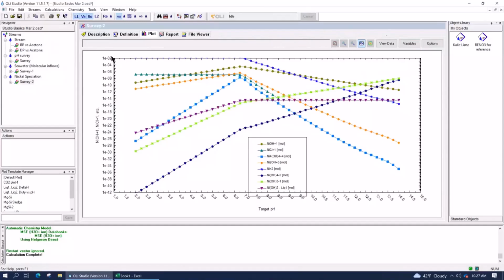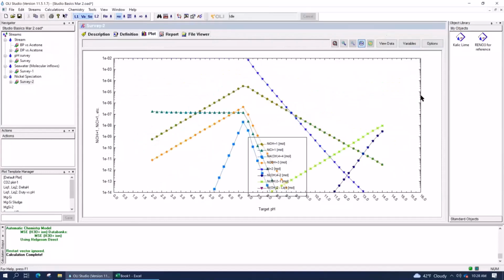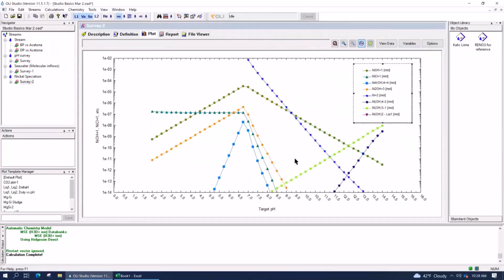If I left mouse click and draw a box around a certain fraction of the plot, and unclick where I think it's a good place to stop, right there, at 10 to the minus 13, and press OK, it zooms into that section. It actually stopped at 10 to the minus 14 to 10 to the minus 2.